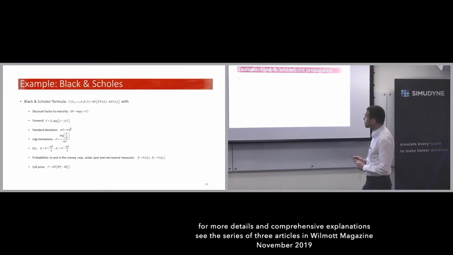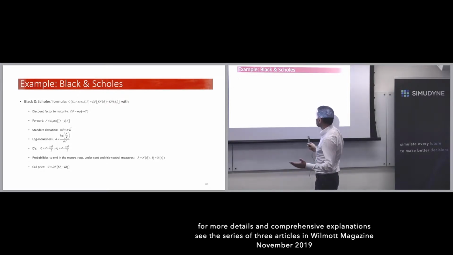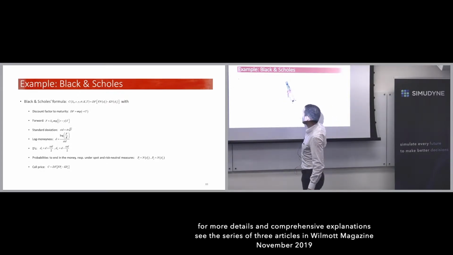Okay? So it's best that I give you an example to clarify all this. A very simple example so that it can hold on only one slide. Let's take Black-Scholes, okay? For once with non-zero interest rate and dividend yield. So, well, we all know Black-Scholes' formula, right? It's this one,